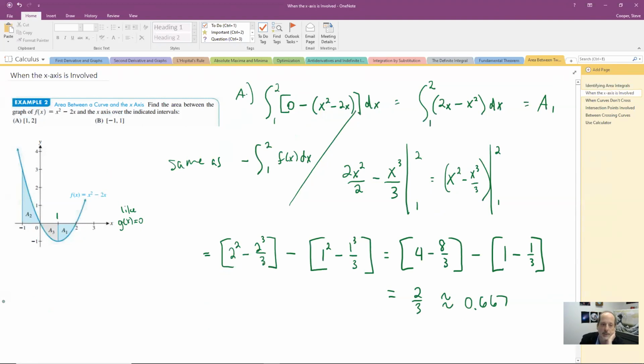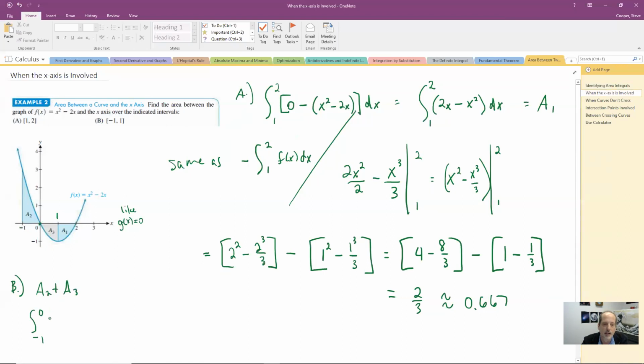All right, now let's look at B. This corresponds to going from -1 to +1. So I've got this separation here. I can't do it all in one integral. I want to calculate A2 and add A3. So that's going to be the integral from -1 to 0